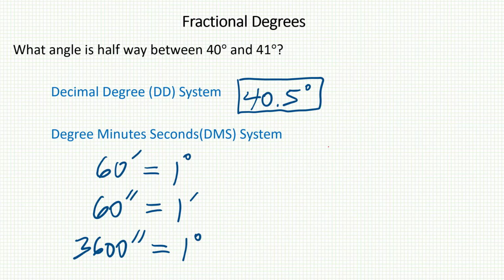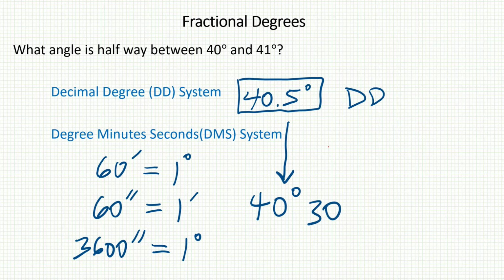Going back to the original question, this was 40.5 degrees in DD form. How would I express this in DMS form? Well, this is a pretty easy one. Half a degree. Well, let's see. There are 60 minutes in 1 degree. That would mean there would be 30 minutes in half a degree. And so here would be the DMS way